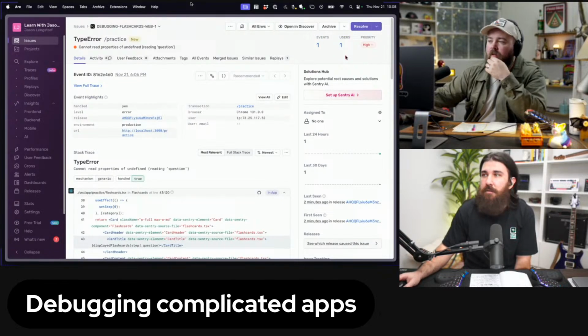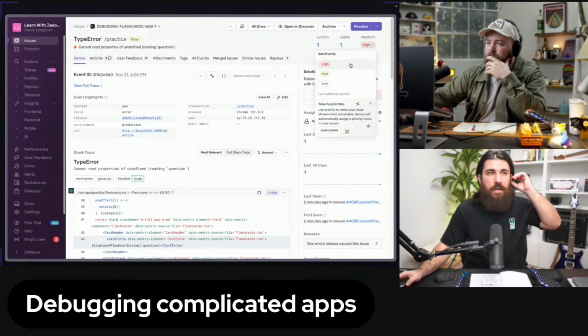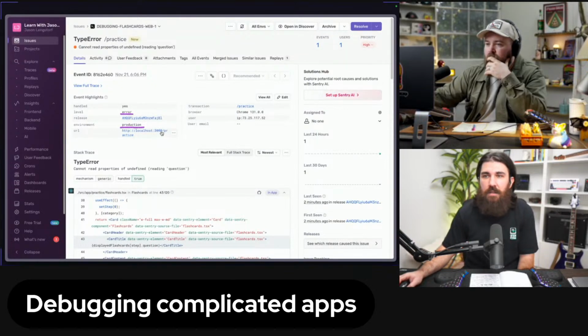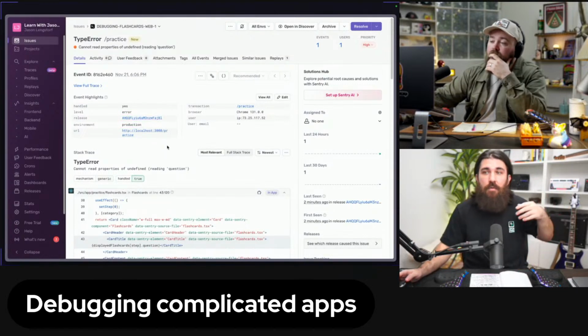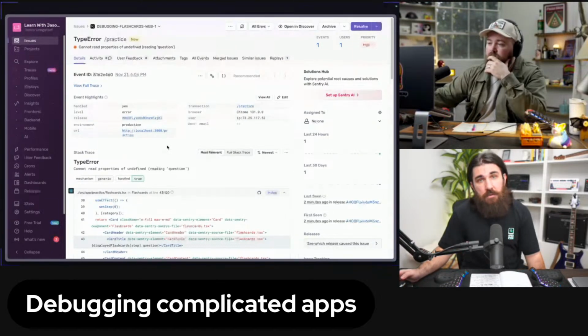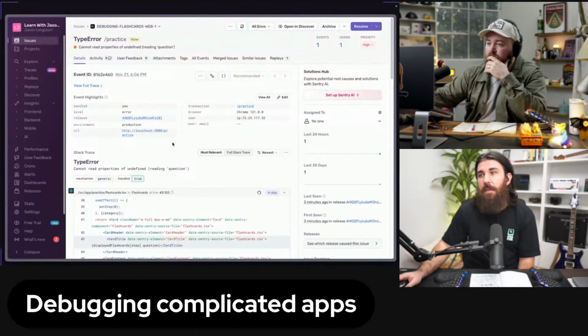Ah, nice. Yeah, very nice. You can set your priority here, right? If you want to set it too high, too low, this is basically all you here. You get some event highlights, like what is the environment, what is the level, what's the release. If you have custom release tags, 1.0, 1.1, etc., you're going to know, especially useful for mobile developers. What is the page? It says transaction, but in this case, it's the page /practice. The browser, the user, it's opt-out. So if we wanted to, we can also track users, but it's not tracking out of the box, right?